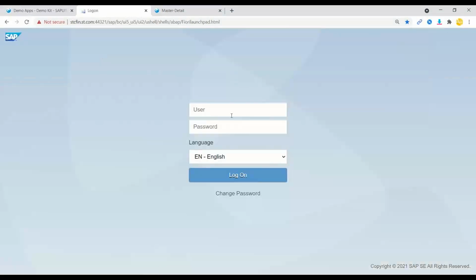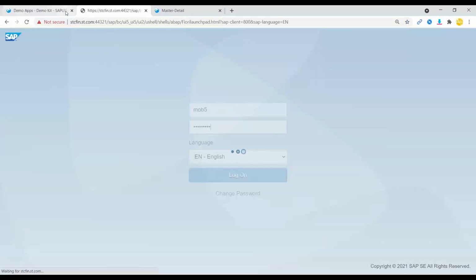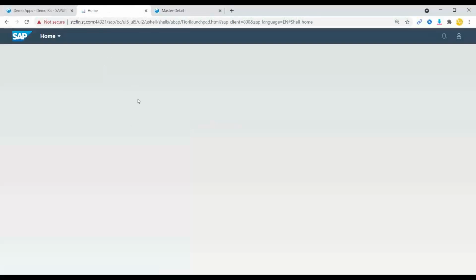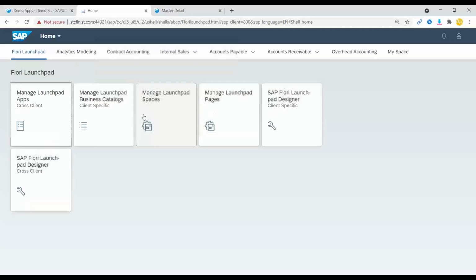So I'll go to our Fiori Launchpad and I'll just open this. We'll talk about Launchpad in more detail at a later point, but I'll just show you a demo app which I built in the last training. Usually you'll see a Launchpad like this where you see all the Fiori apps which are there for the business user. And let's say somebody asks you this Fiori app is not working or there's some problem,